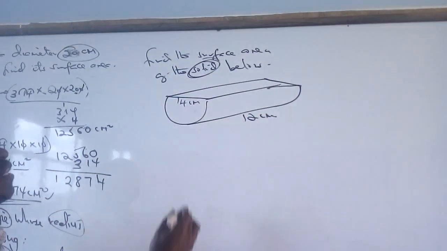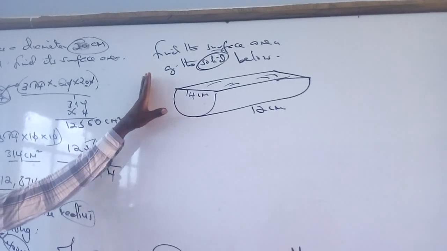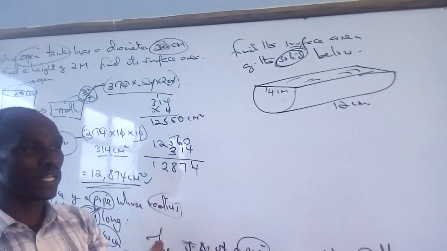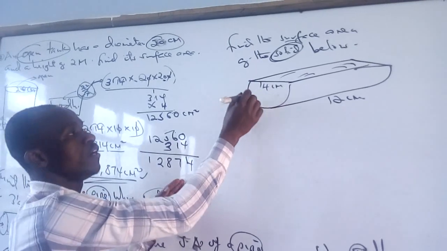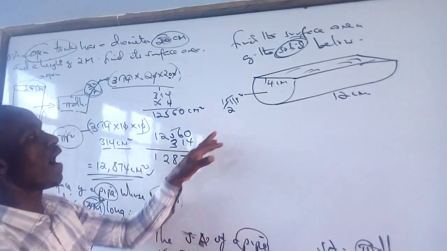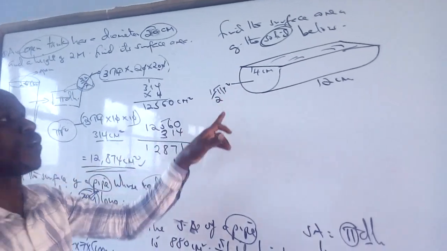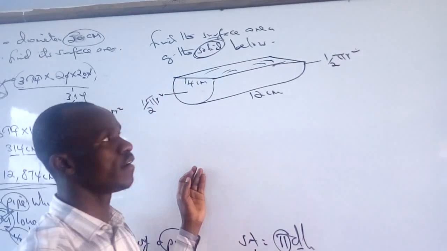It is closed. This is a surface. So that means what? For a candidate, the simpler way to do this question is to place down the formulas. This is a circle, but it is a half. So my circle is a half. So what do I have? I have a half the area of a circle. On the other end, I still have another one, which is a half the area of a circle.